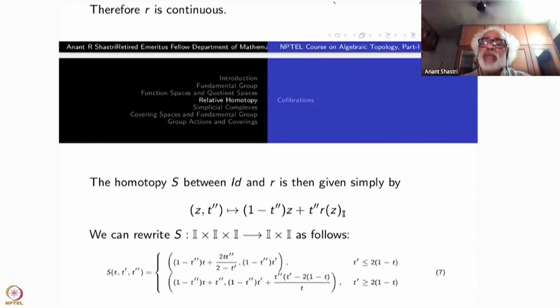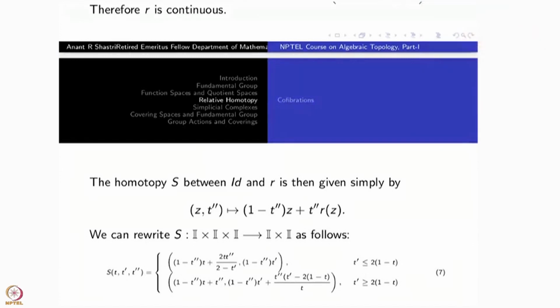Now you can appreciate why I did it for the case of the square minus the center. I had to write down 4 different formulas. Once I have written down rz, the homotopy is easy. That's only one way to get a strong homotopy: (1 minus t'') z plus t'' rz. Because I have t and t' already used, I am using t''. So the full formula for those things in terms of rz is written down. That is not necessary. That you can check yourself.